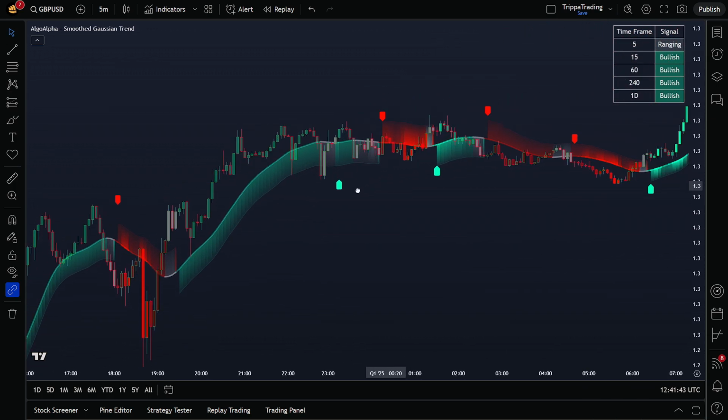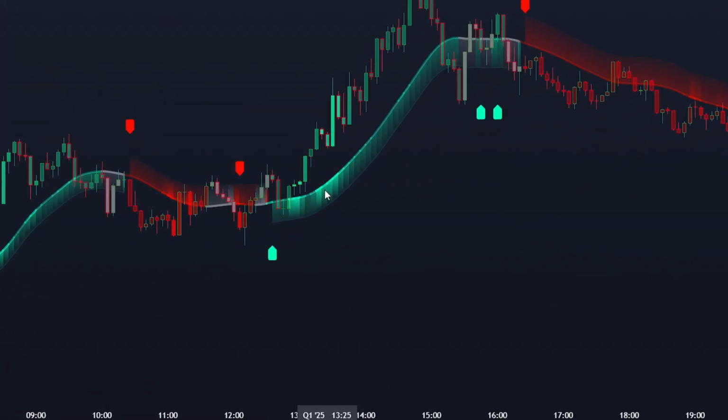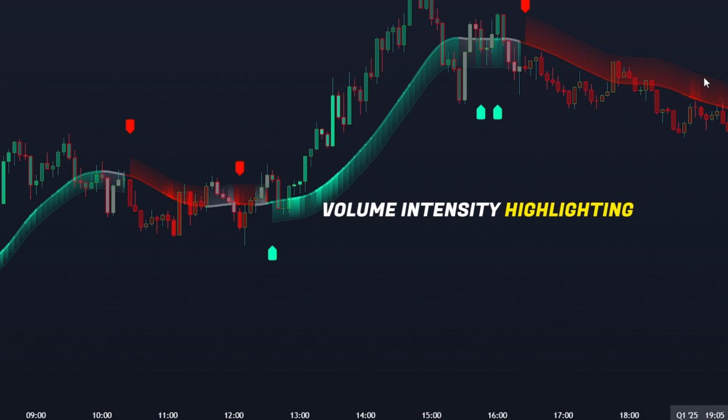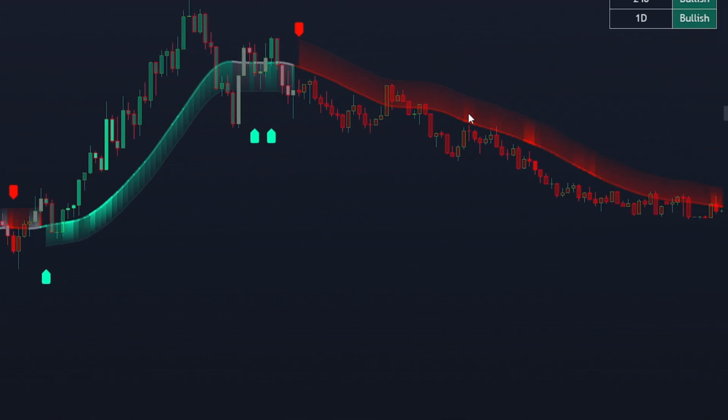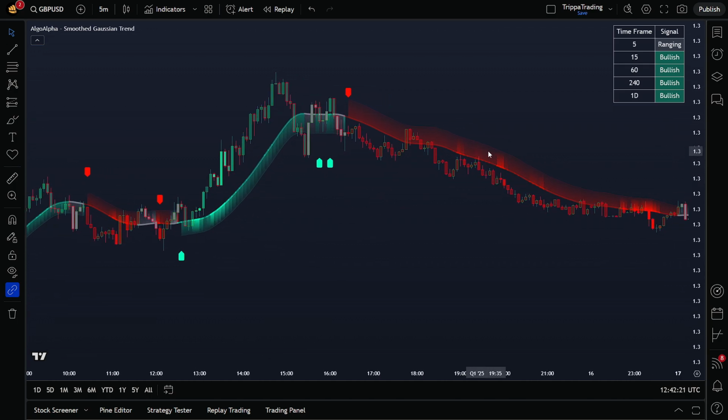Now, if you take a closer look at the Gaussian band, you'll notice its brightness also varies over time. This is due to a feature called volume intensity highlighting, which adjusts the brightness of the trend ribbon based on market activity and volume. When the market activity is strong, the colors are brighter and more vivid. When volume is low, the colors become darker, signaling weaker market participation. In a bullish trend, traders may want to only take trades when the band is bright green, indicating strong buying pressure. Similarly, in a bearish trend, traders may want to only enter sell positions when the band is bright red,